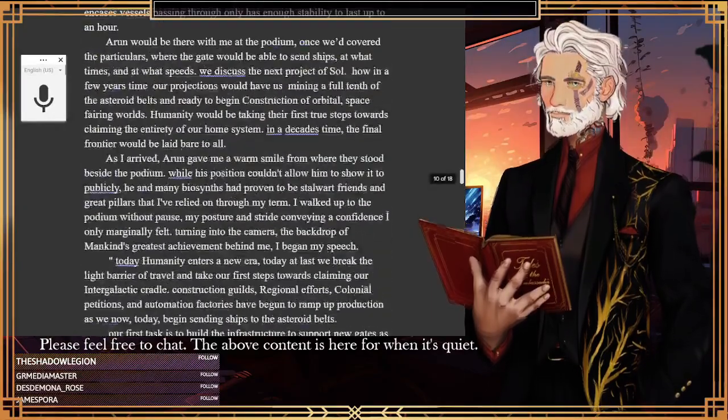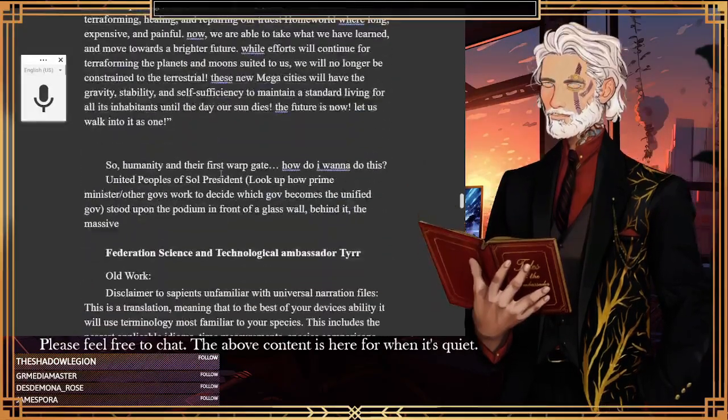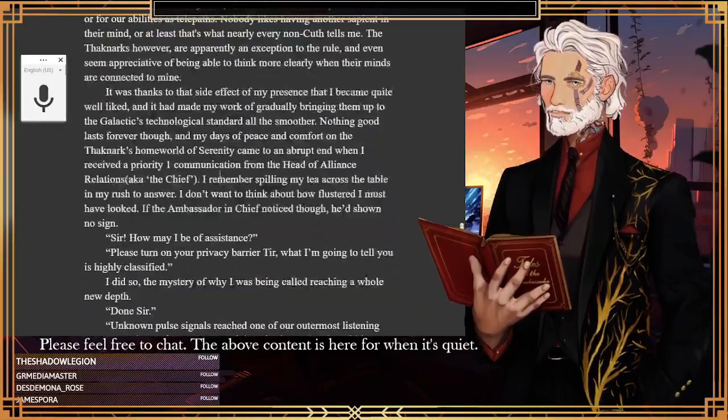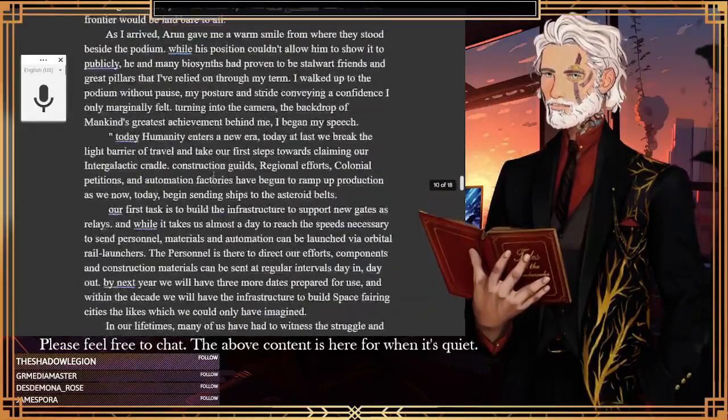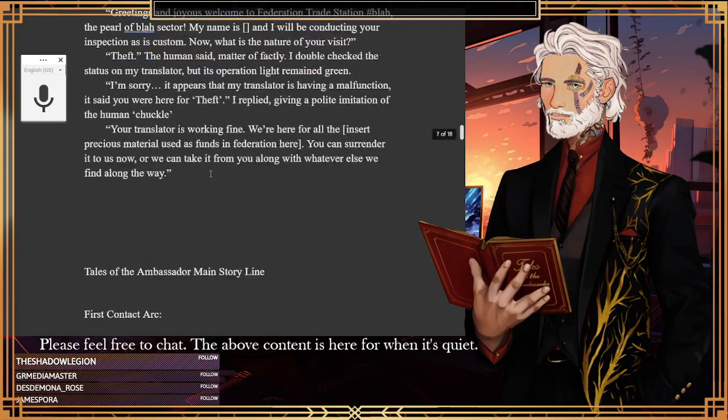Dang, I got all of that in with just talking casually. Wow, I'm pretty happy with that actually. Like, yes, this is 18 font, but